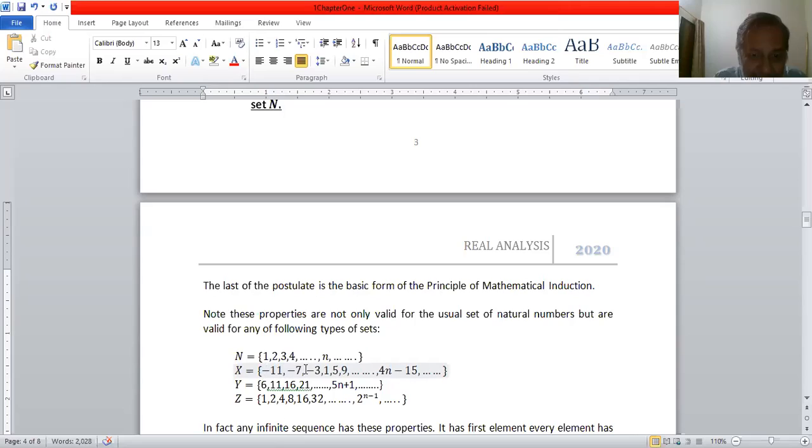क्या हर एलिमेंट का सक्सेसर है? Yes. -11 का -7 है, -7 का -3 है, उसका बाद 1 है। इसमें से कोई दो डिस्टिंक्ट नंबर्स ले लो, उनके सक्सेसर्स डिस्टिंक्ट है कि नहीं है? -7 का सक्सेसर -3 है और 9 का सक्सेसर 13 है, तो है। और अब मुझे बताओ कि ये सेट जो है सेट ऑफ नेचुरल नंबर्स के इक्विवेलेंट है कि नहीं? नहीं सर।